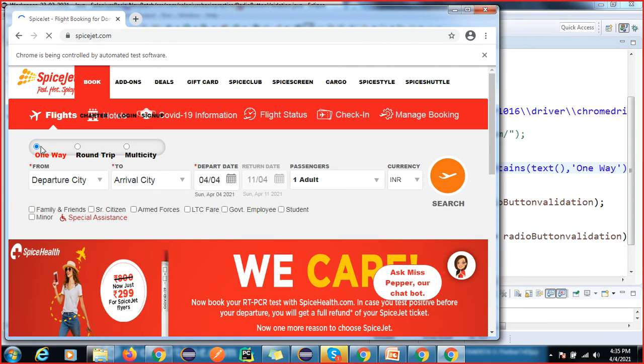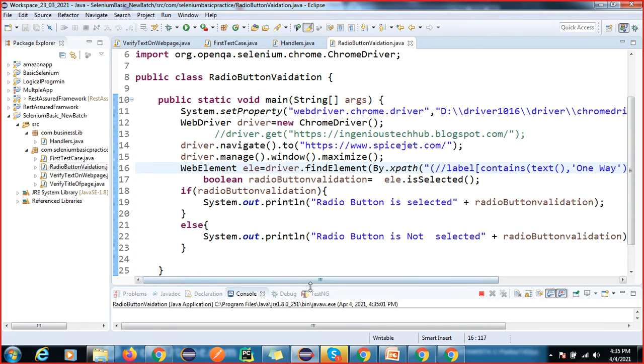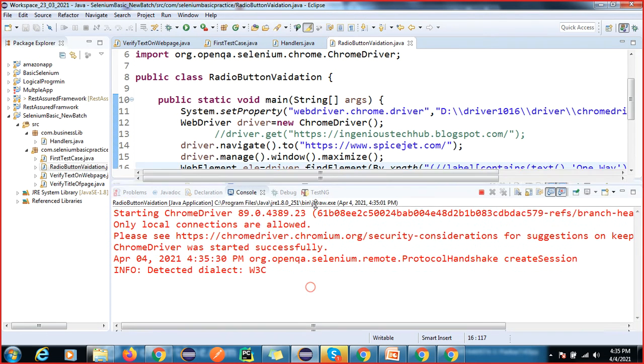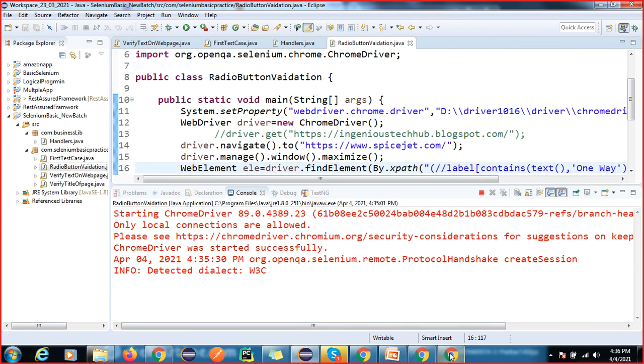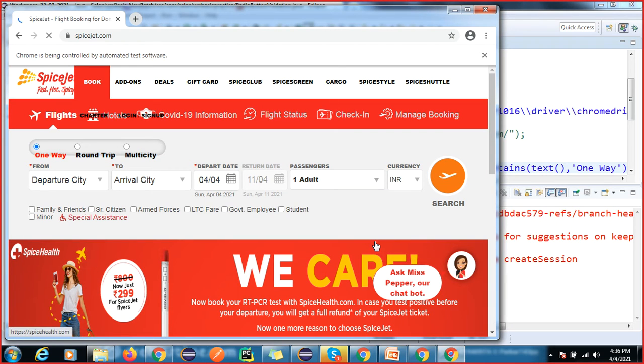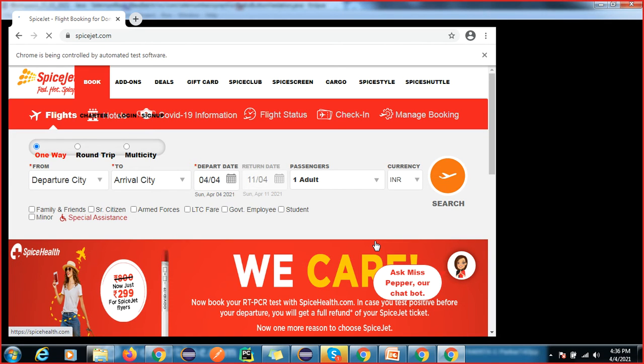Okay, so it is already selected. I think my net is slow, that's why it's still loading.